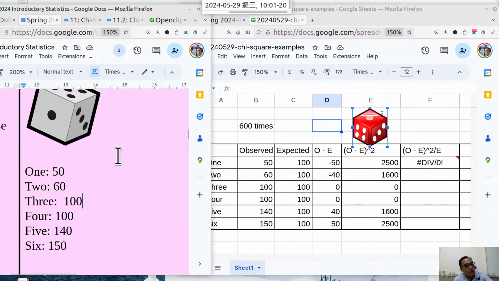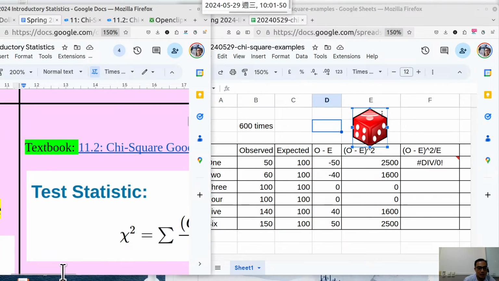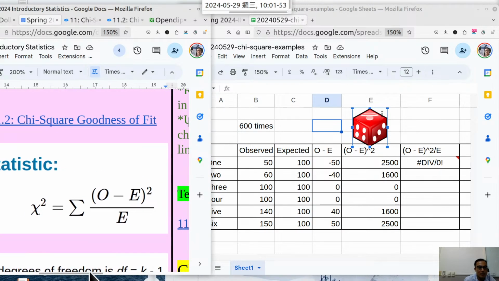Our data: we throw a die 600 times, and I got the 1 point 50 times. The 2 is 60, 100, 140, 150. Then I want to calculate whether this die is a fair die, a normal or a strange die. Okay, then we are going to use a powerful formula, a power tool, that is chi-square. And to be honest, the formula